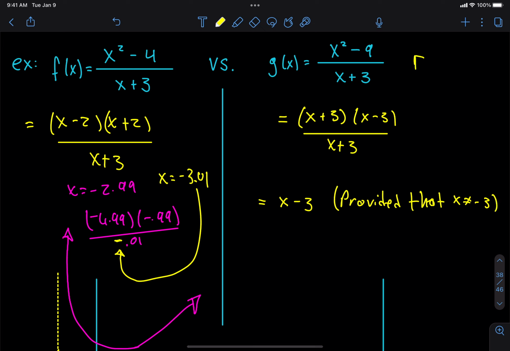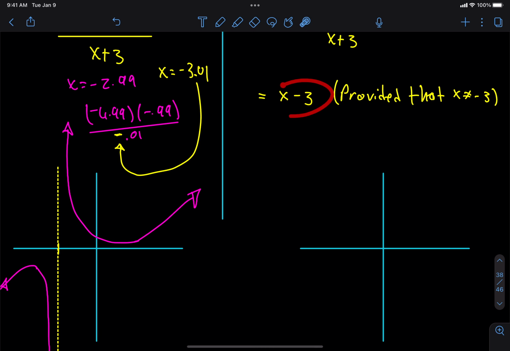Why? Because the domain of g is all real numbers except for negative 3, because negative 3 is a 0 of the denominator. So, as long as x is not negative 3, say if it's 4 or something like that, then this would be 4 plus 3, which is 7, and this would be 4 plus 3, and we could cancel them, right? When can we not cancel them? We can't cancel them when it's like 0 over 0. That's a big no-no. We're not in a situation where we can cancel there. So we need to remember that negative 3 is not in the domain. Okay, but for every other value of x, the value of the function should be x minus 3, which, what